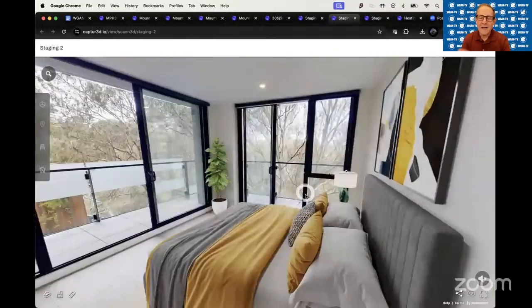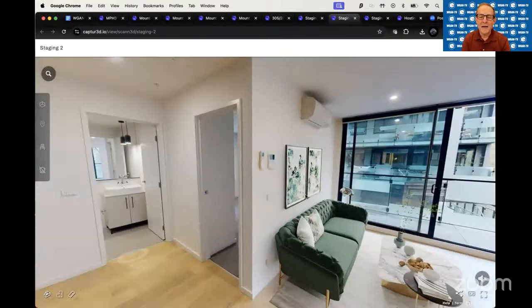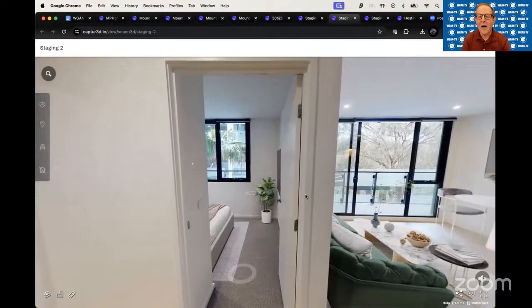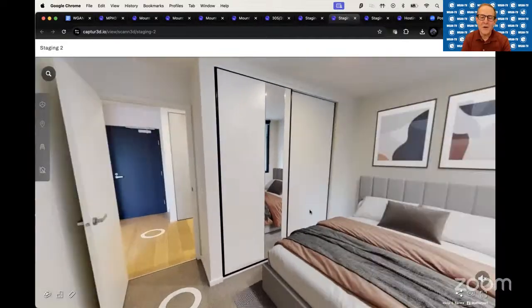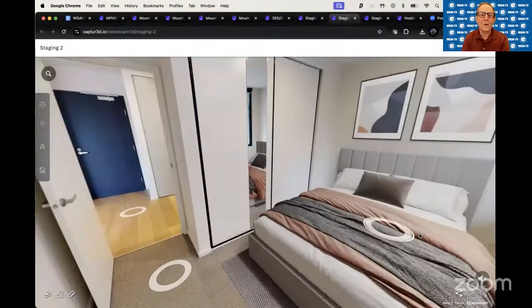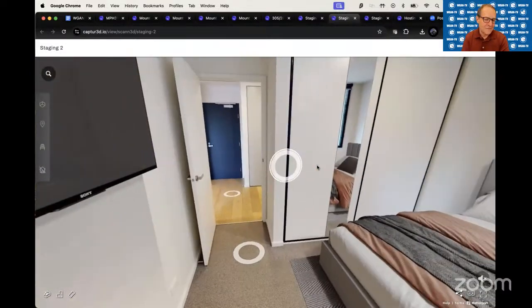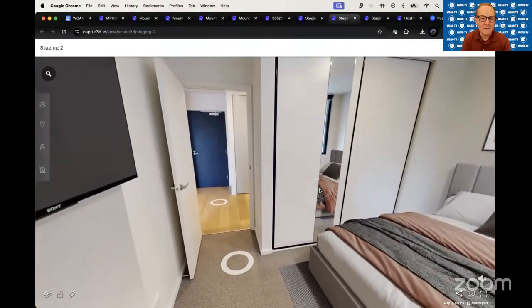In my mind the metaphor would be AI voices that are doing podcasts. Oh, they actually add in imperfections in order to make it a little bit more realistic. But I was looking, oh, look at all these creases in here. It's not perfect. It's what it would look like naturally if a photographer came in and shot it, even though it was nicely staged. It'd have wrinkles in it. So anyway, that was my takeaway, that I couldn't tell the difference between whether this was real or not real. So congratulations to Captured on that.